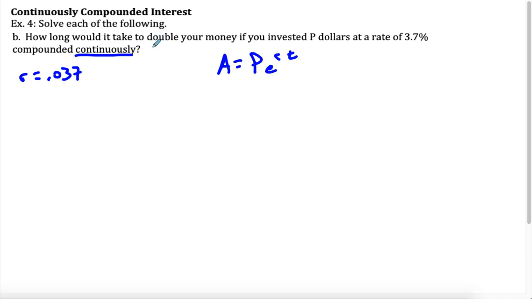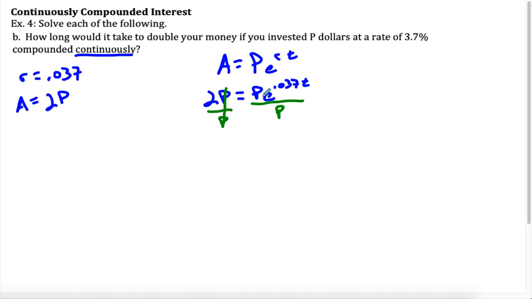But now it says I want to double my money. So whatever I start with, I want to end with twice that. So we can say that no matter what the principal is, I want to have twice that at the end. That's really all the information that we have. So let's plug it in and see what happens. If I put 2P in for A, I want that to equal the principal times e raised to the 0.037t power. Well, now if I divide both sides by P,